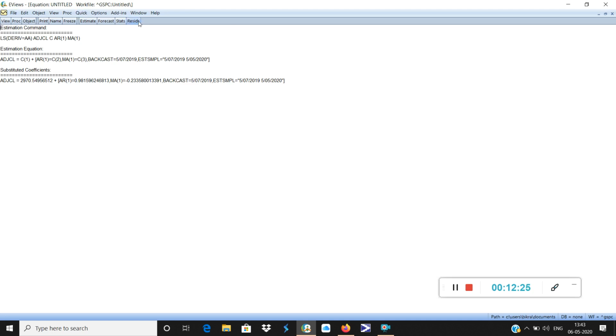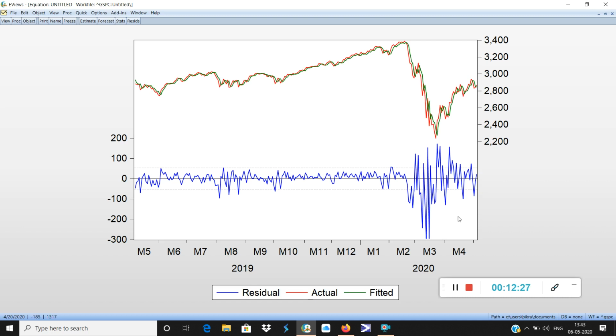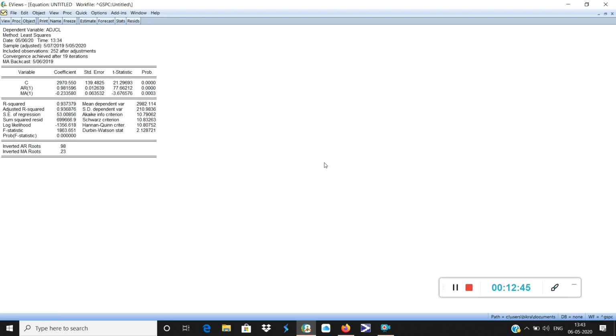Unlike in situations with a catastrophic event like this, or a black swan situation, which we will learn in another video. This is not a black swan situation, though many people are calling it that. This is a catastrophic situation. Coronavirus is a catastrophic situation. Under such a catastrophic situation, these cannot predict. So we have learned how to use the ARMA model to predict, how to understand whether the model is robust or not robust, and we have also understood the limitation of the model, when the model works well and when the model fails.